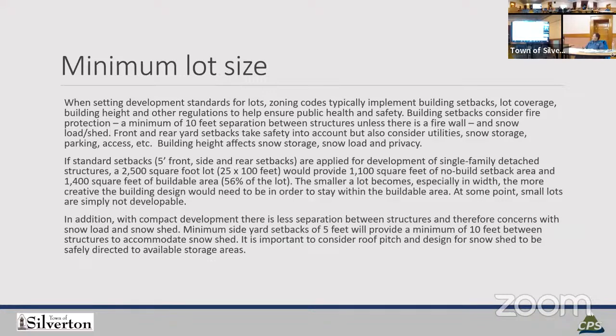Were there typically similar reasons why the lots were less than 2,500 square feet? They were 25 by 50, so they weren't 100 feet in width or length. I was looking at the map and not totally understanding where these parcels are.